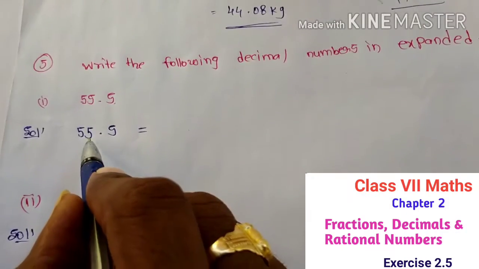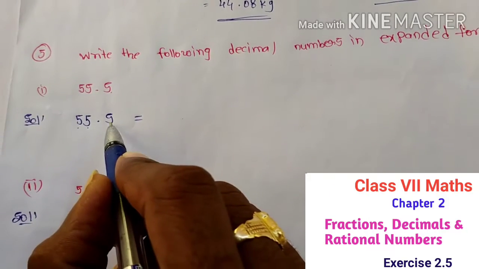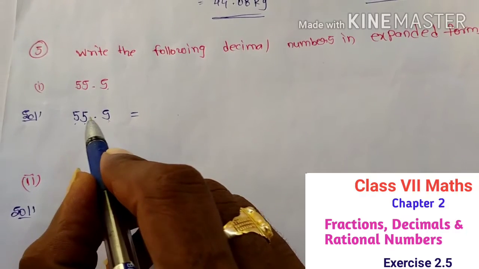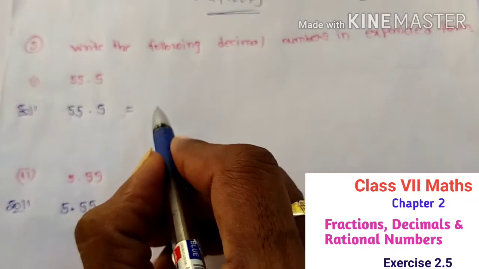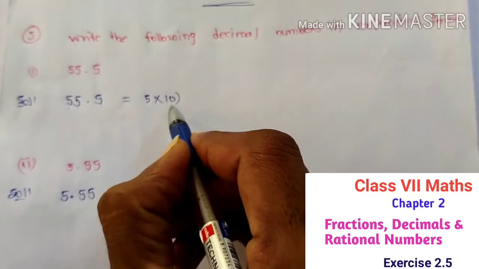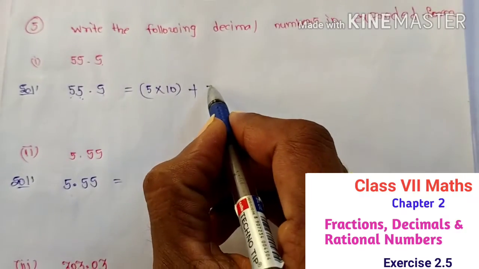In 55.5, you can see here 5 is at units place. Here 5 is at tens place. But you can see here 0.5, that means here it is at tenth place. First of all I am writing here 5, that means here tenth place. You can write here 5 into 10 plus, this is at units place, so you can write here 5 into 1